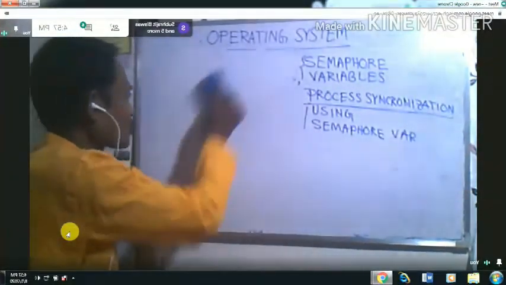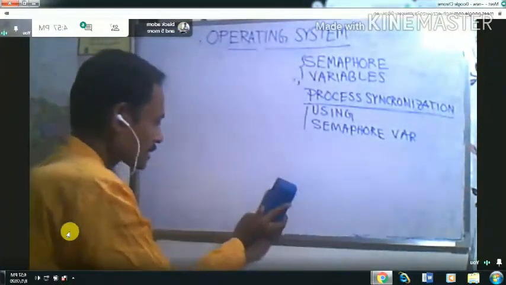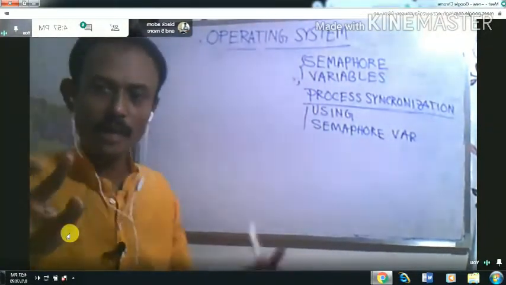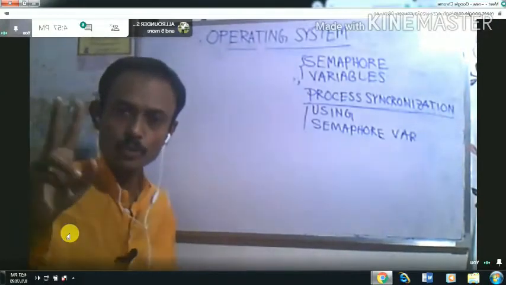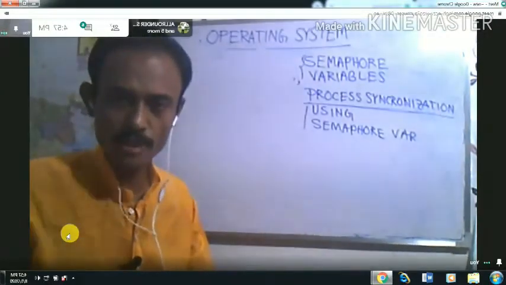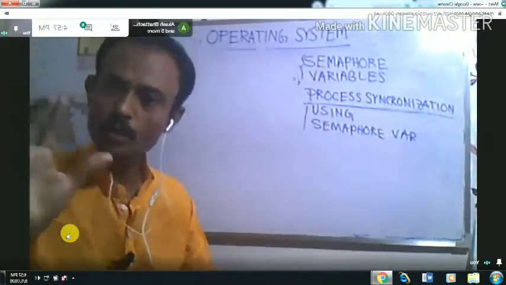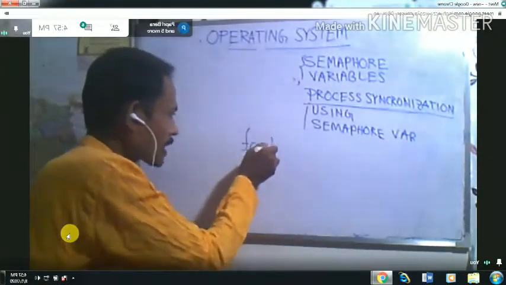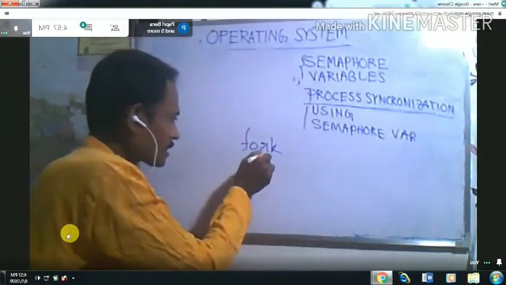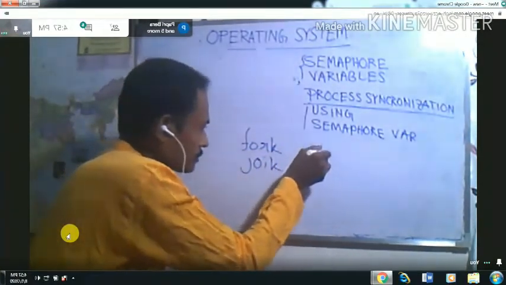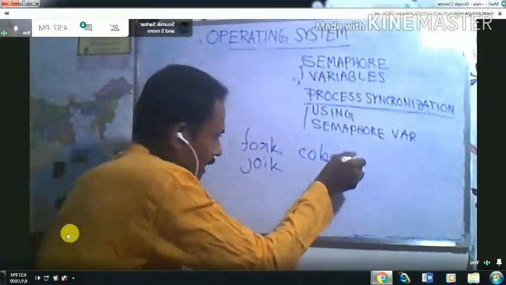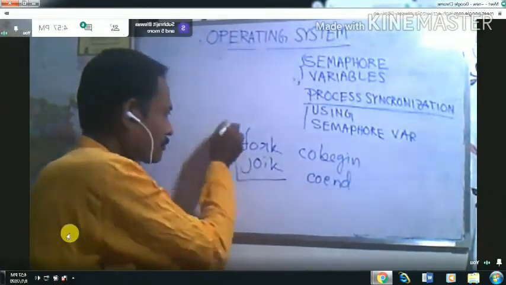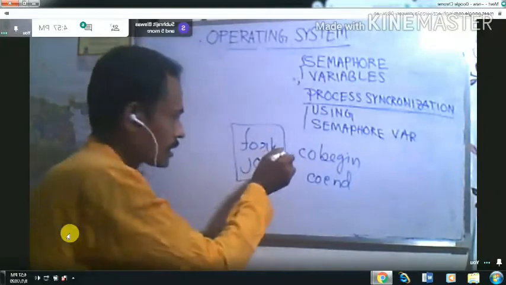I told you that if we have a precedence graph, then to write the parallel programming you can use two types of construct. One construct is called fork join, and another construct is co-begin and co-end. And I already told you that fork join is more powerful than co-begin co-end.